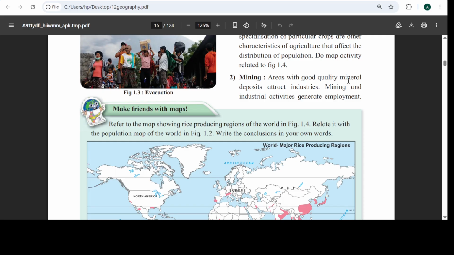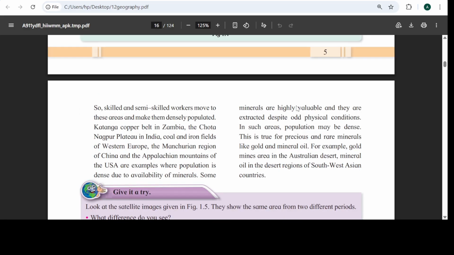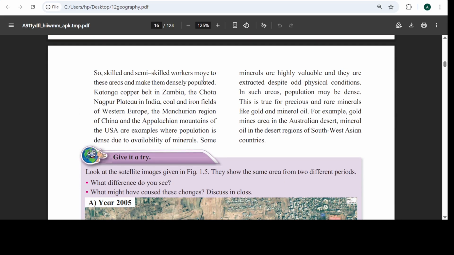Areas with good quality mineral deposits attract industries. Mining and industrial activities generate employment. So skilled and semi-skilled workers move to these areas and make them densely populated. Katanga Copper Belt in Zambia and the Chota Nagpur Plateau in India, coal and iron fields of Western Europe, the Manchurian region of China, and the Appalachian mountains of USA are examples where population is dense due to availability of